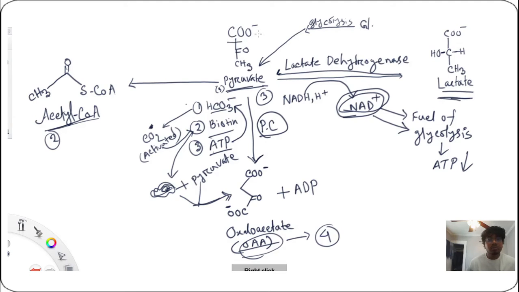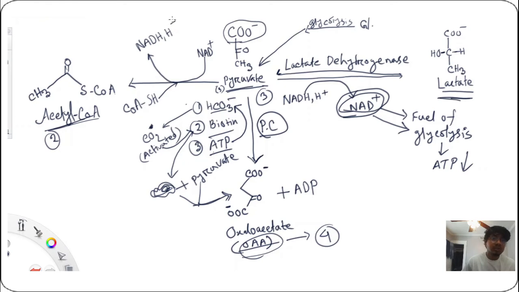This carbon dioxide will be removed from here, and we need a coenzyme like, so I'm sorry, so a coenzyme like, and we need to add this enzyme, and also here you can see NAD plus will produce NADH. In other words, NADH equals 3 ATP. So we are producing